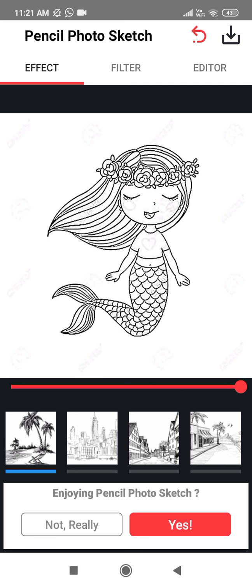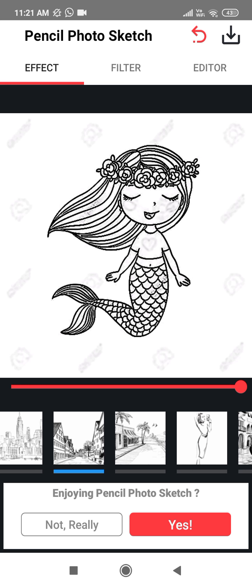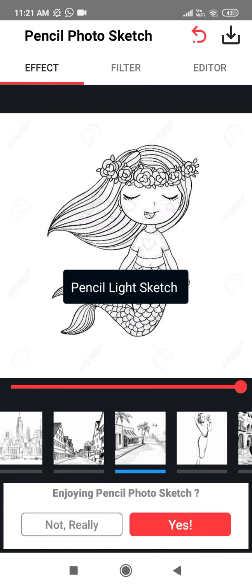See this, guys. See what I was telling you is this thing. How amazing it is. I mean, you have to not do anything, but let's choose a better quality of coloring page. Yes, you can get much better than this we are getting right now. So this one, not really. You guys can see a blue underline behind this example. So that's because I had chosen this example. So whichever example you choose, there will be a blue line highlighting it. So we have chosen this one. It's not really that great because it has some black things all around.